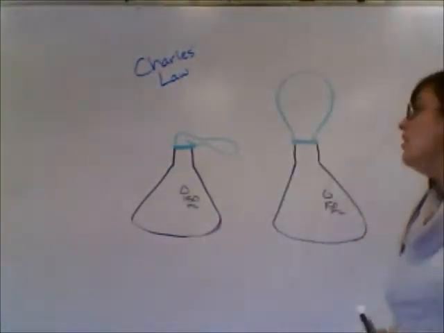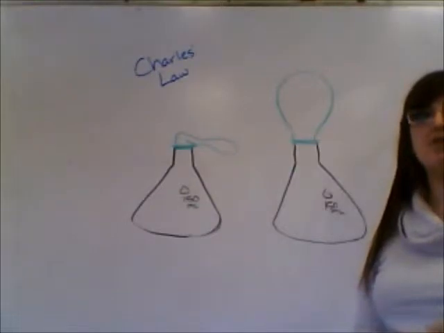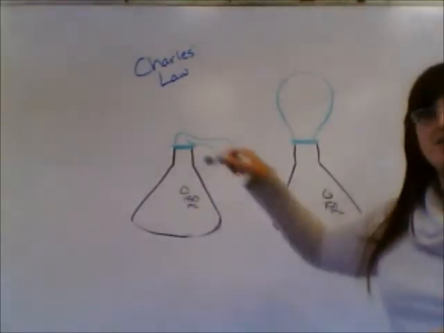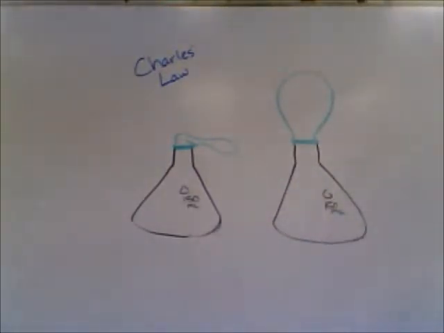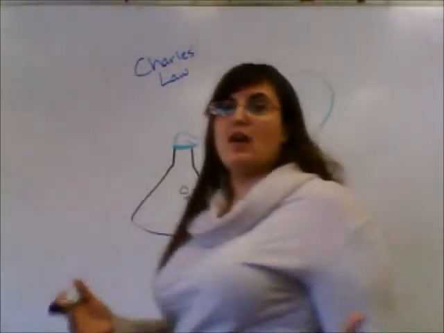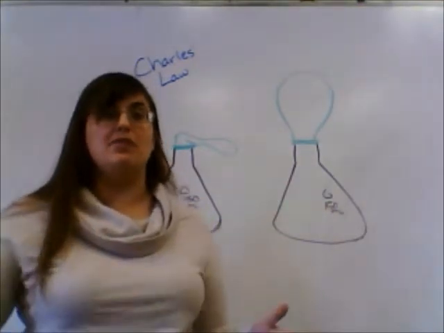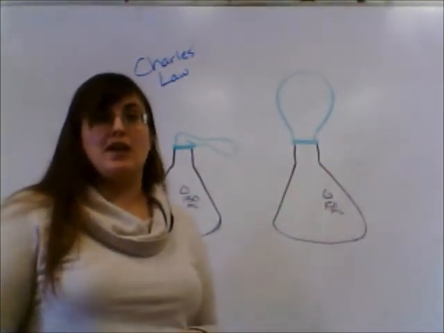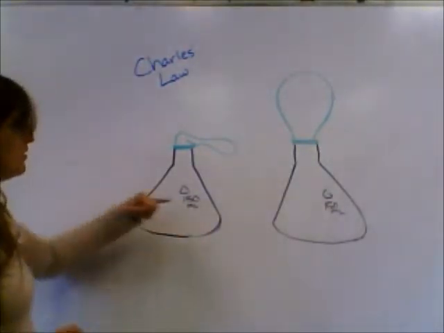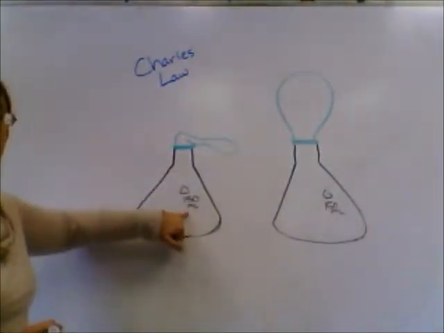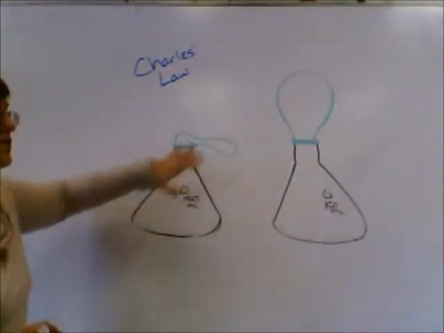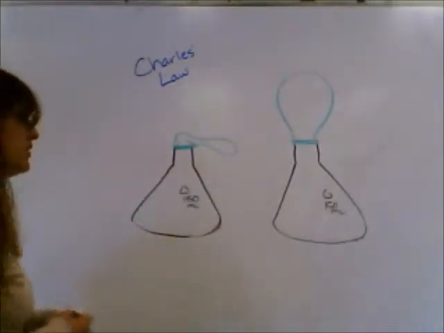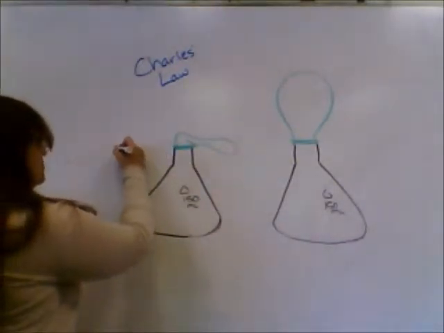So with Charles' law, we have an example here. This is a balloon on top of an Erlenmeyer flask. These little funky flask guys are called Erlenmeyer flasks. We start out with our balloon on top of our flask, and our balloon is not full of air. We actually figured out a way to make it so that there's absolutely no air whatsoever in this balloon for our beginning. So when we say that this is a 150 milliliter flask, we know that our volume is actually going to be a little bit more than that. If this whole thing is full of air, and we've got as little air as possible in this balloon, we'll say that our starting volume is